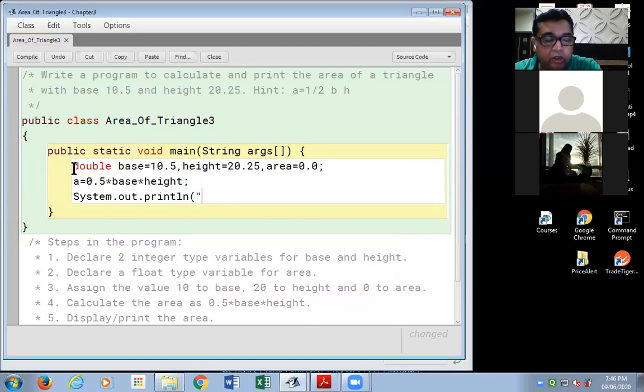The value that we are seeing is area of triangle. We put the equal to sign and close the double quotes.